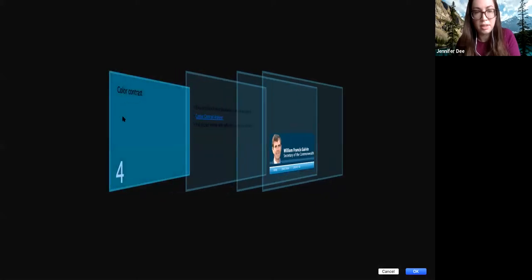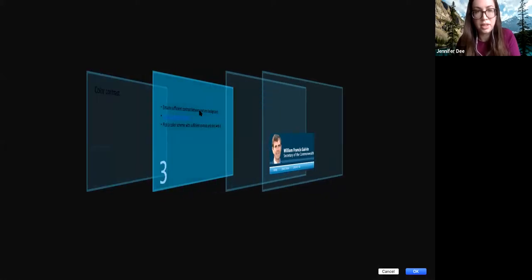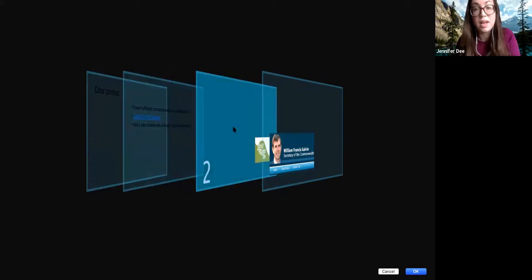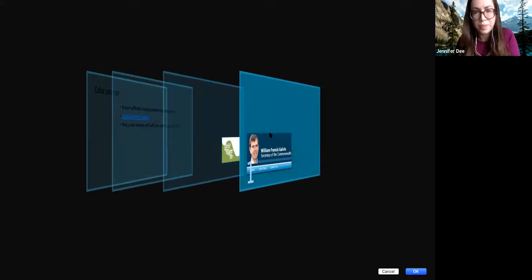So it's telling me that my bottom layer is that title, color, contrast, and it's going to go to that text. Then there's the logo, and then the image from the voter website. So maybe I moved those images around after adding them, and it's kind of catching that: you added it in this order, but it's not in the expected order of left to right. So that's an interesting catch on the program's part. Does that kind of clear that up?